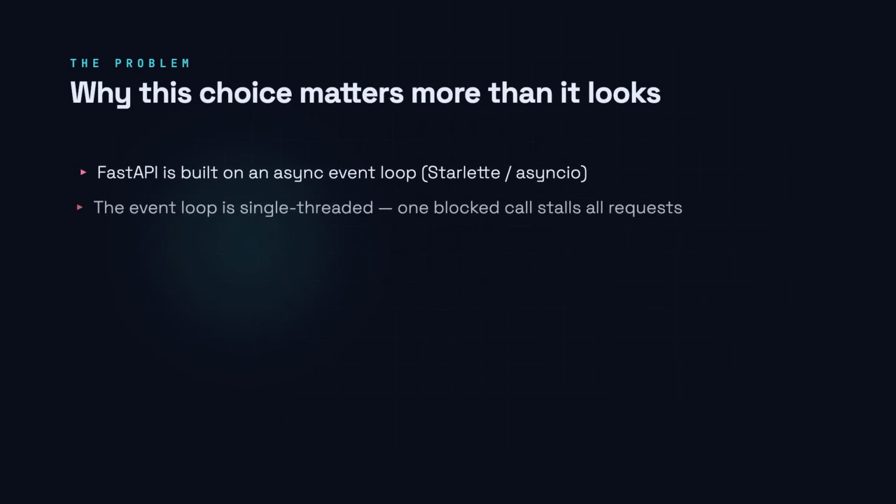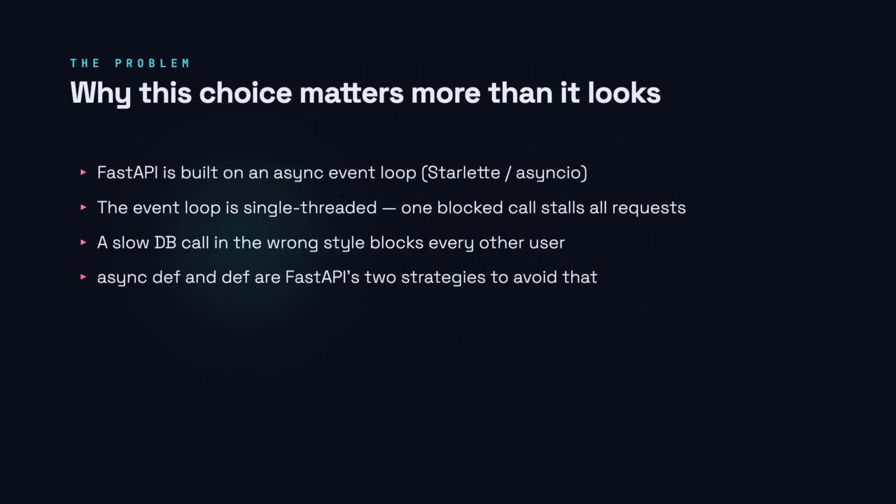FastAPI runs on a single-threaded async event loop. That loop can handle thousands of requests concurrently, but only if no single operation hogs the thread. The moment you make a slow blocking call, say a database query, without telling the loop to step away, every other request waits. Async-def and plain-def are the two tools FastAPI gives you to handle this correctly, but they work